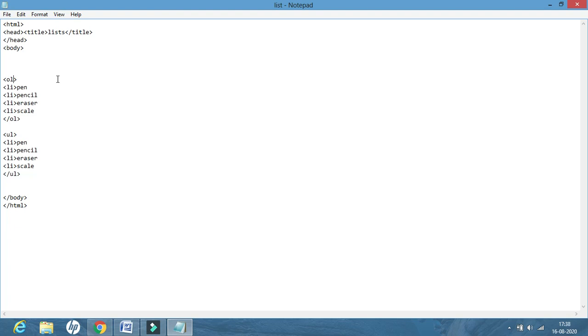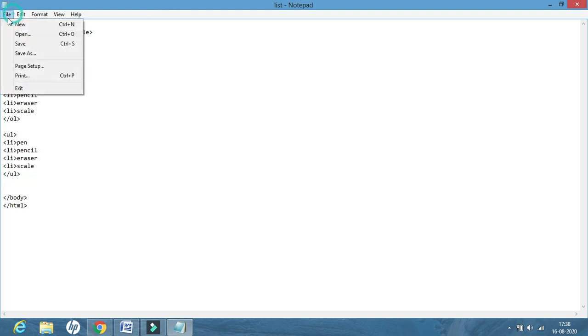So inside OL, I will use the attribute called type, and inside type, inside inverted commas, I will write down the first character, always the first character of the series that you want to display. I want to display capital A, B, C, so the first character will be capital A, always the first character of the series.